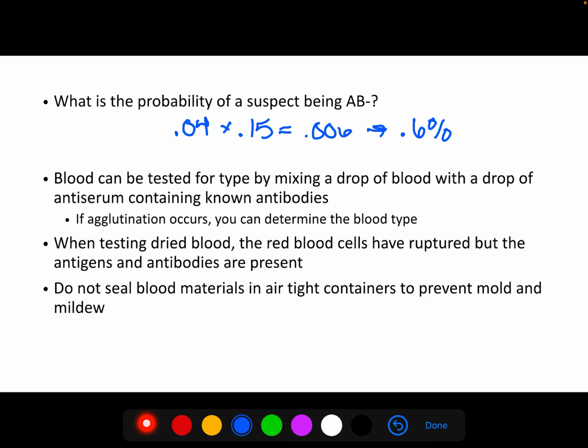And whenever we're testing dried blood, the red blood cells have ruptured when they dry out, but the antigens are still there. So that's why it can still test, even if it's a dried, degraded,